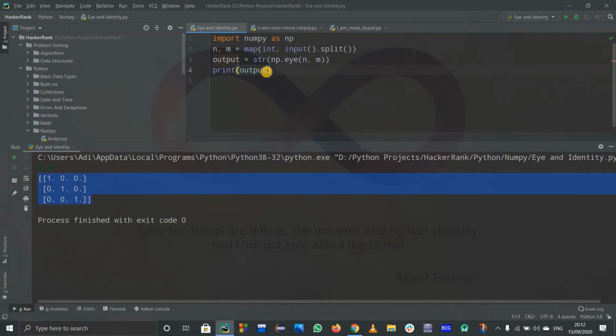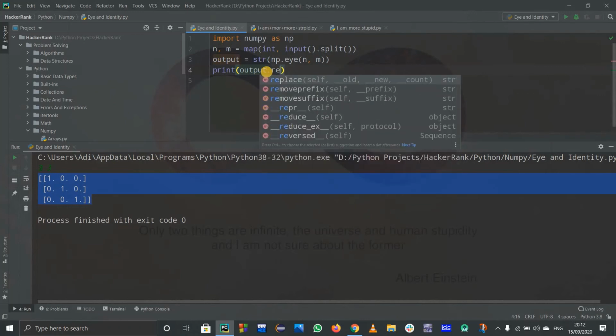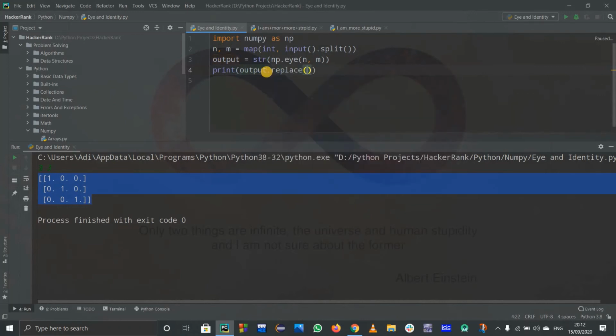So now I have to use the replace function. I converted this into a string for using this replace function. I have to replace the zeros, so I write replace 0 by space 0. And again I have to use replace, and instead of using one more line, I can use it in a single line.